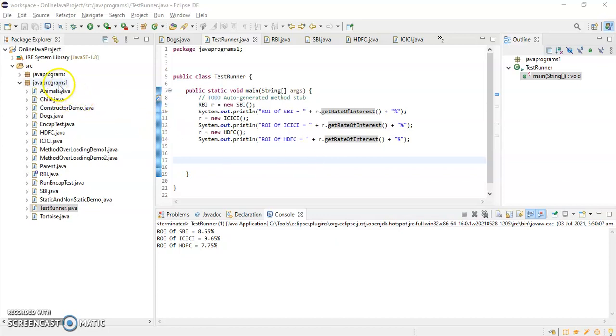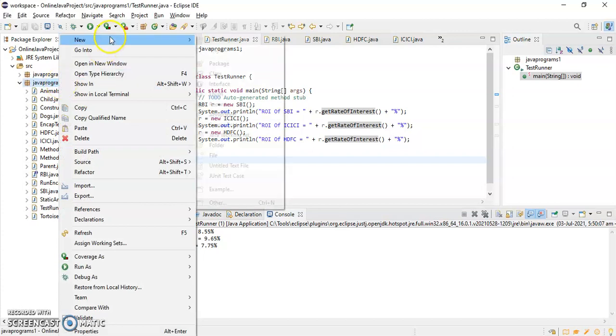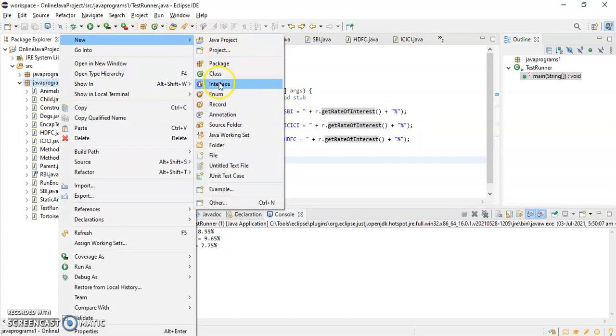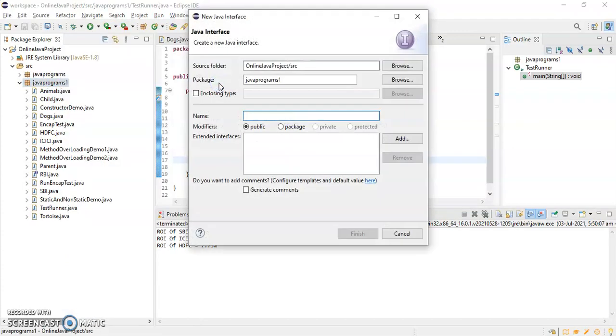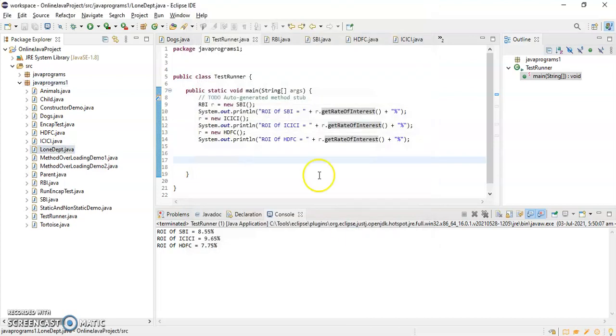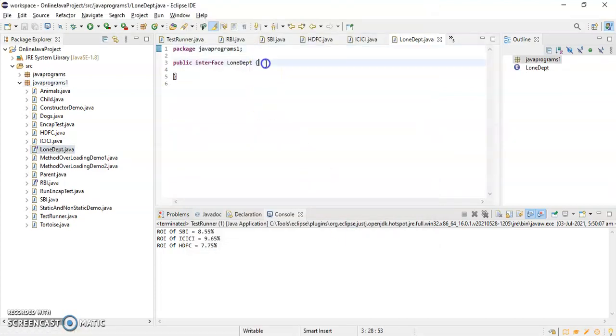Let me create one more interface. For example, I will create, say, LoanDepartment. This is one interface, and it has abstract methods like public double ROI of home loan.